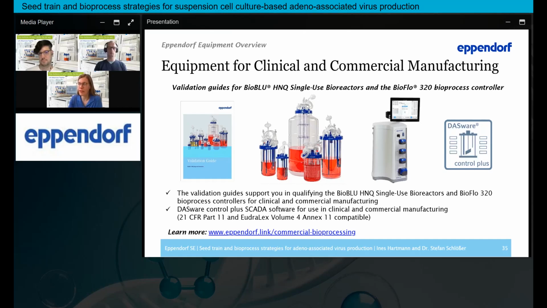Ines, it's probably you, or probably me. You can use the standard 1.8 to 2 ml vials. It is optimized, or at least our protocols are used, with 1 ml fill. So if you use higher fill volumes, you can of course adjust the program. In the beginning you need to test the program and you can adjust the steps, but we optimize it for 1 ml fill and standard 1.8 to 2 ml cryovials.